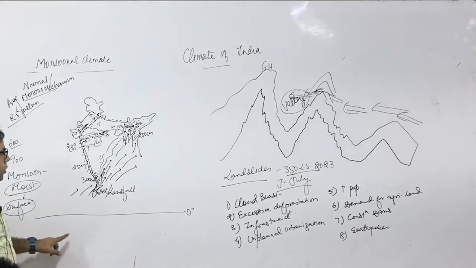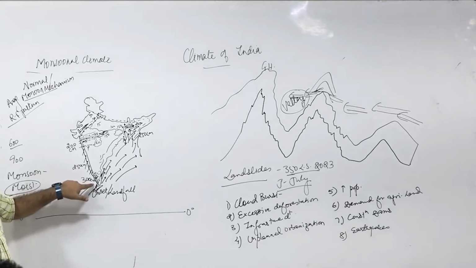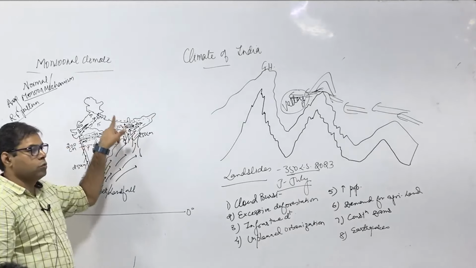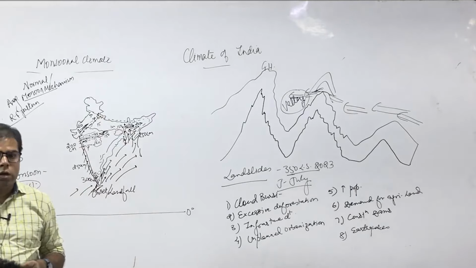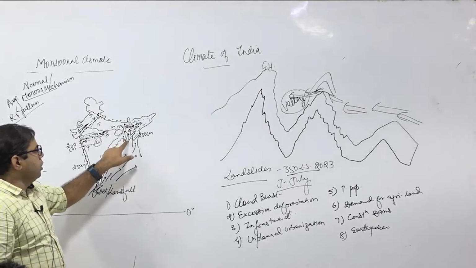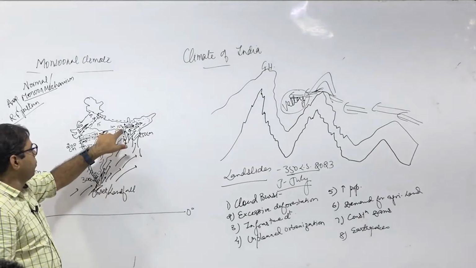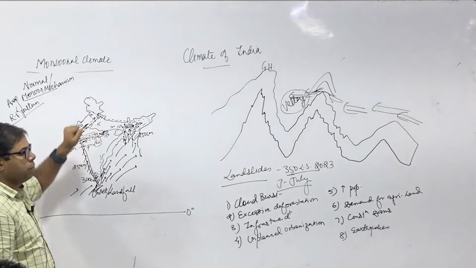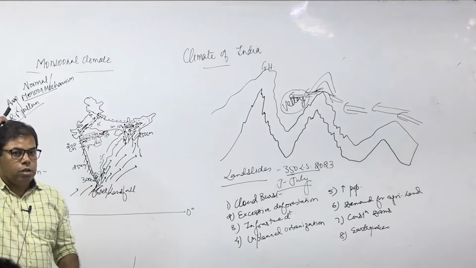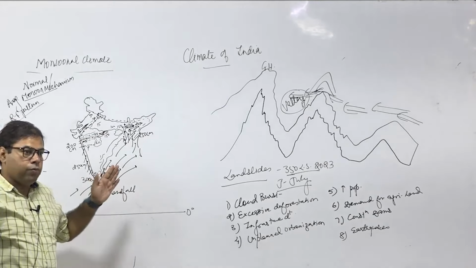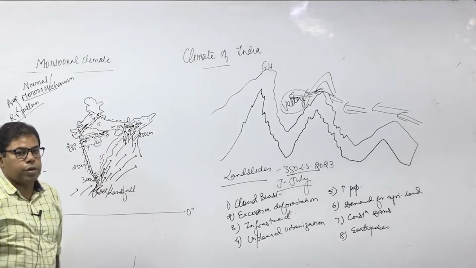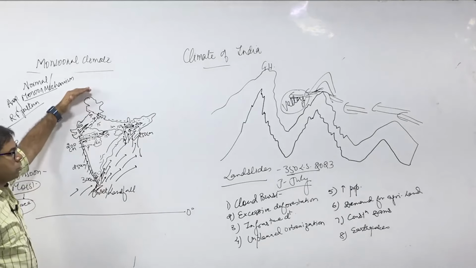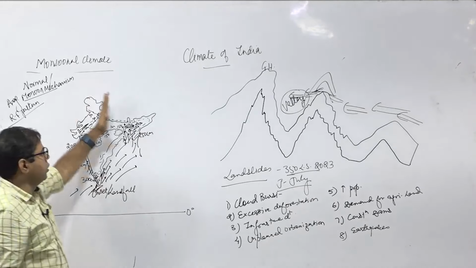There was a question in the prelims: does rainfall decrease from the south to north, yes or no? Rainfall decreases from the east to west over the Gangetic plain. 200 centimeter over Kolkata, 150 in Patna, 100 in Banaras and 75 in Agra and Aligarh, 50 centimeter in Punjab. Right. So it is a decreasing trend of rainfall from the east to west over the Gangetic plain, correct or not? Can we say that the rainfall is decreasing from the south to north also? Can we say the rainfall decreases from the east to west also?